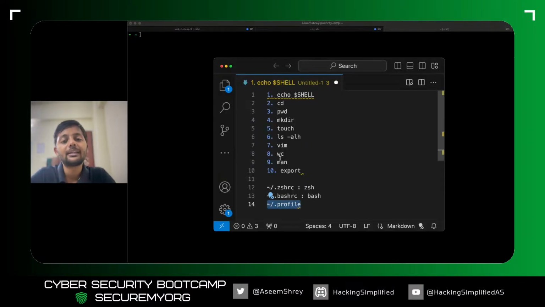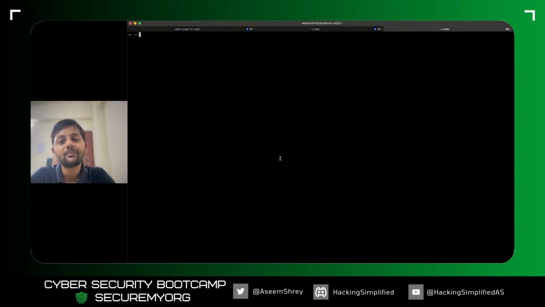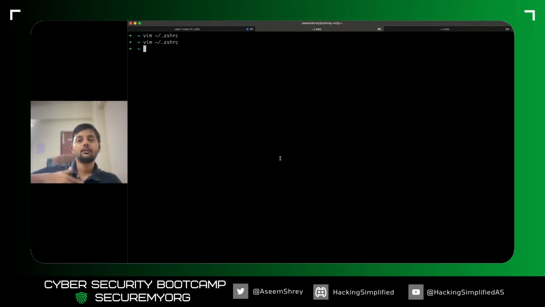Now you might ask, hey Asim, do I need to do this every time? Let's say I've done a lot of Python calculation in the same terminal and I want to access those variables. Even if I set a variable, I don't want to restart the terminal or something like that.